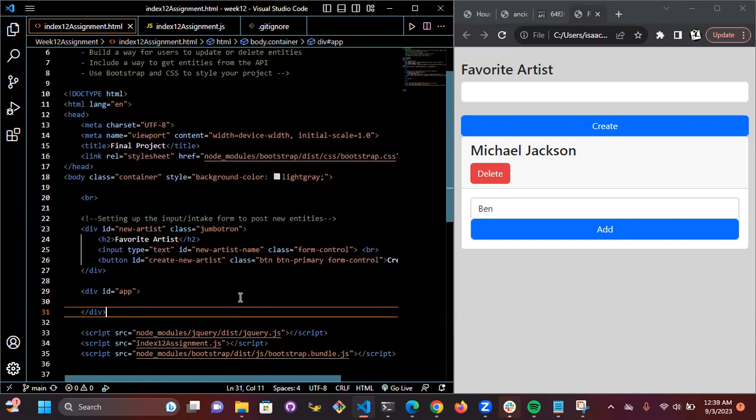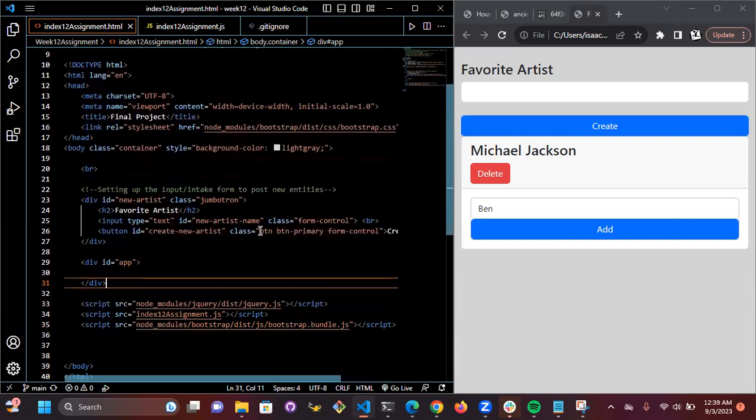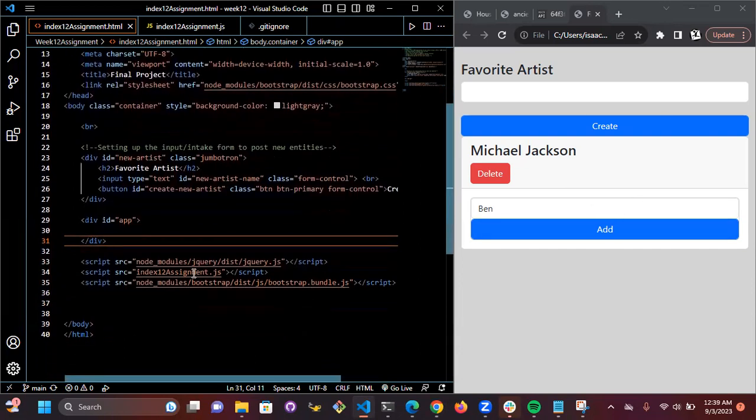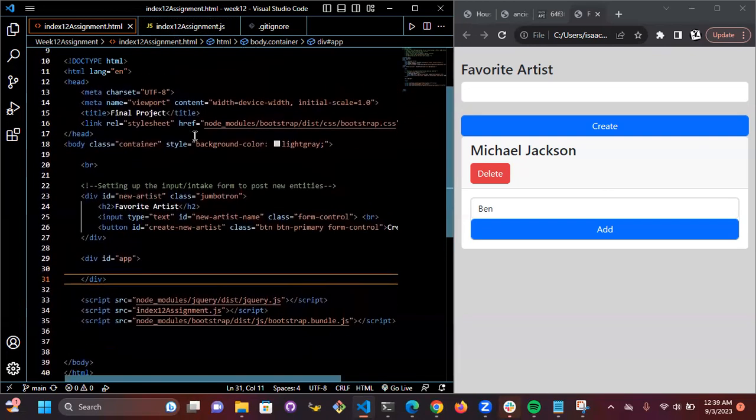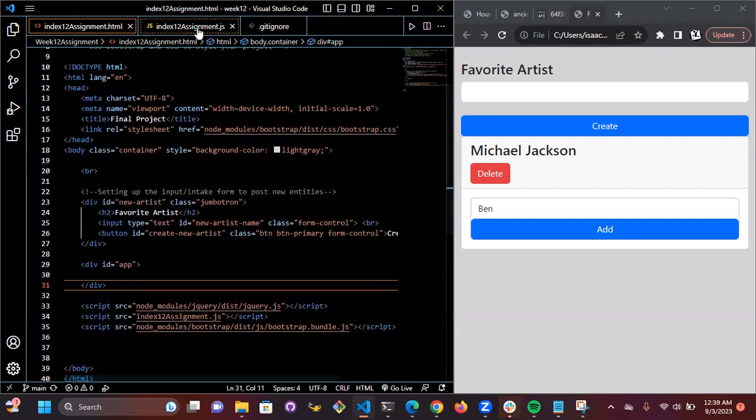So this is the HTML page and how it's set up, creating the intake form and making sure that Bootstrap was linked as well as jQuery, to make sure that all the different elements actually worked. I also made sure that I linked the actual page as well. And then moving on to the actual